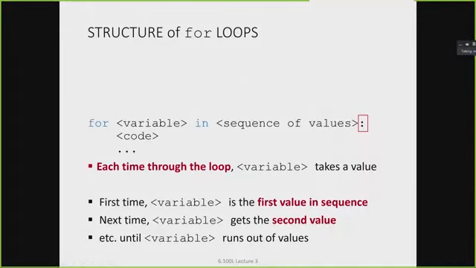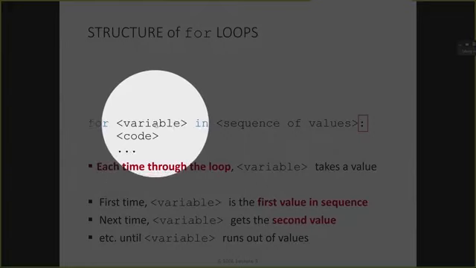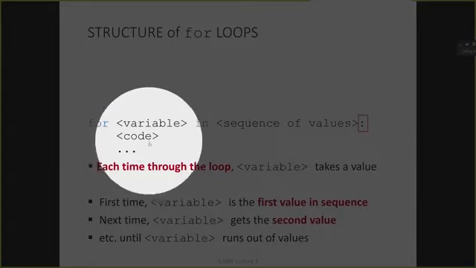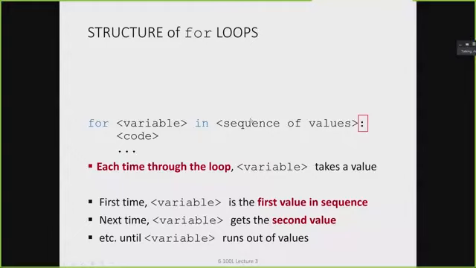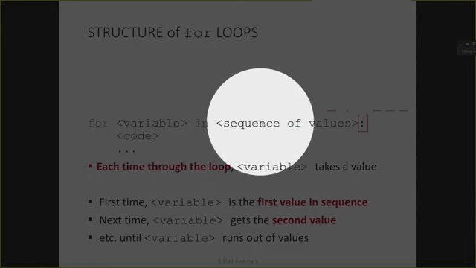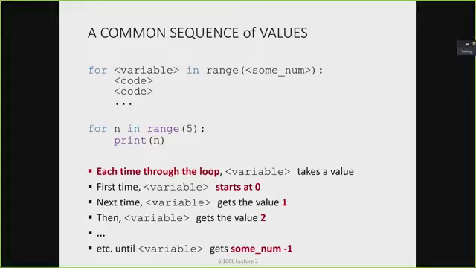Automatically, after Python finishes executing these lines of code, it will go back and set this variable to have the next value in the sequence, and execute the same lines of code. When it's done, it makes the variable take on the next value in the sequence and executes those lines again. So these lines of code will effectively be executed as many times as you have values in your sequence. Okay. More practically speaking, here we have a variable, n in this case, going through some sequence